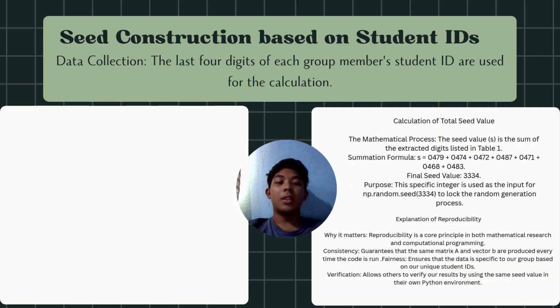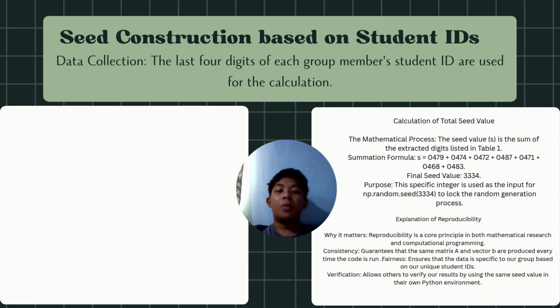7 sets of digits: 0479, 0474, 0472, 0487, 0471, 0468, and 04x3. We arrive at a final seed value of 3334. We then plug this value into the NumPy random seed function in Python to lock in our data generation